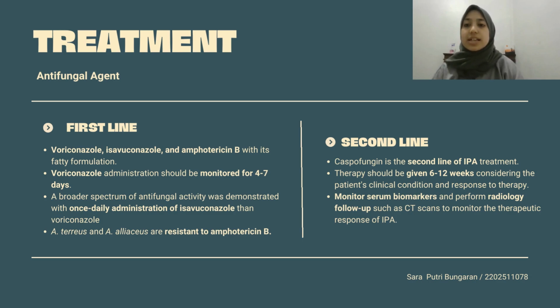So in clinical practice, antifungals are used by considering the resistance profile of a particular Aspergillus species, the history of antifungal prophylaxis used if any, and the patient's comorbidities. Voriconazole, isavuconazole, and amphotericin B with its fatty formulations are first-line antifungal agents for the treatment of invasive pulmonary aspergillosis. To ensure therapeutic levels, voriconazole administration should be monitored for 4 to 7 days